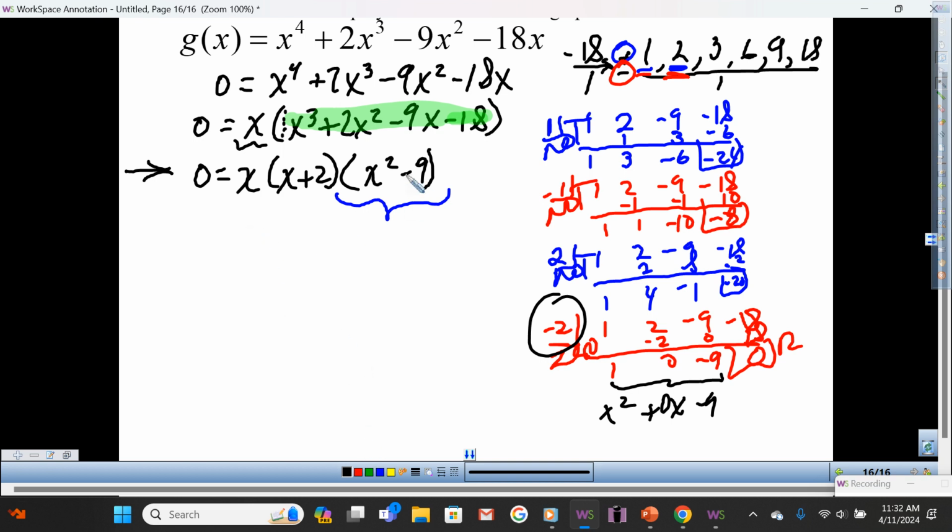Claire, what do we do for this part? Factor, so that becomes x plus 3 and x minus 3. That is correct. This is the difference of squares. Bring down the x plus 2, bring down the x, and all that equal to 0. All right. Let me pick someone to help me out for the next steps. How about we go with Anthony